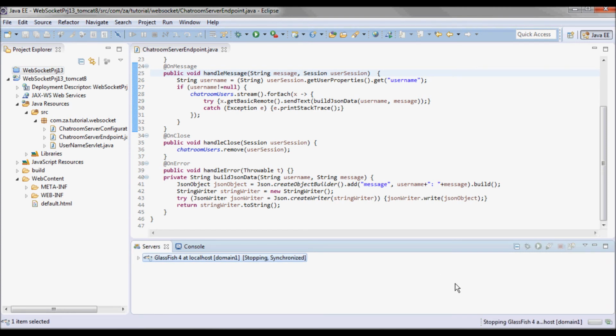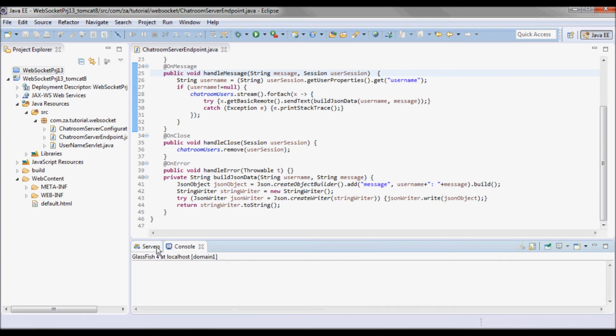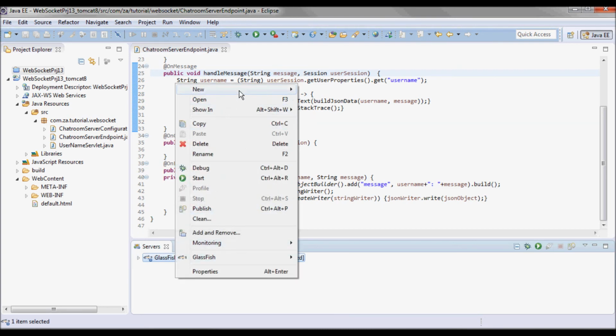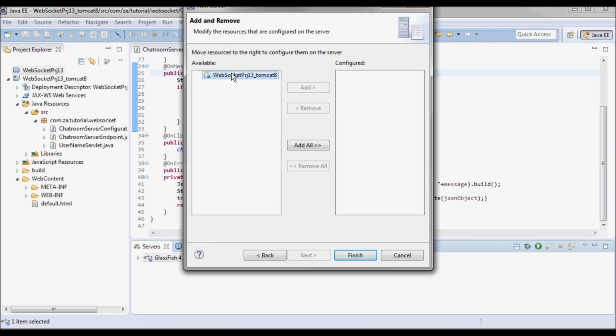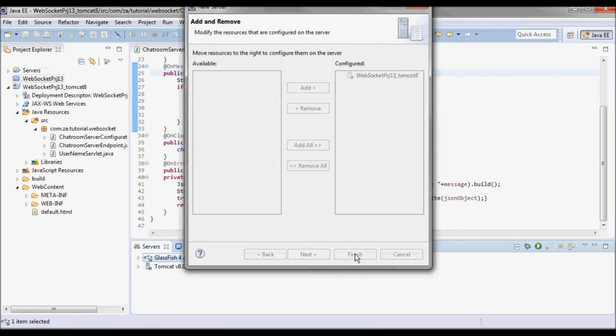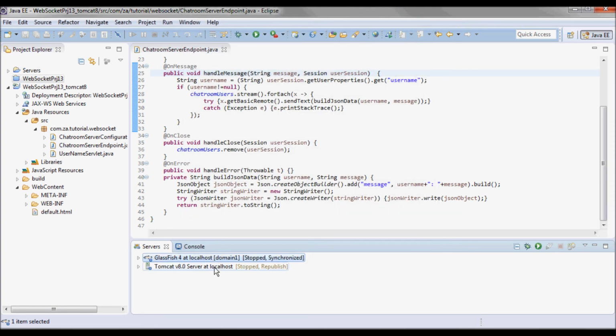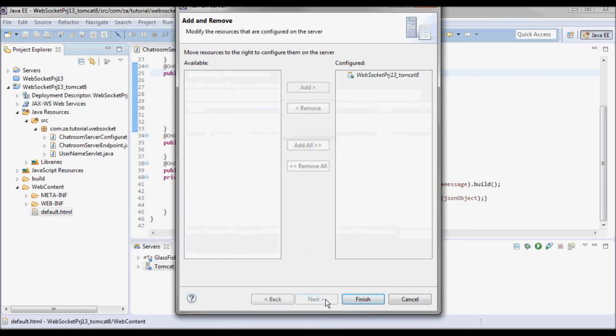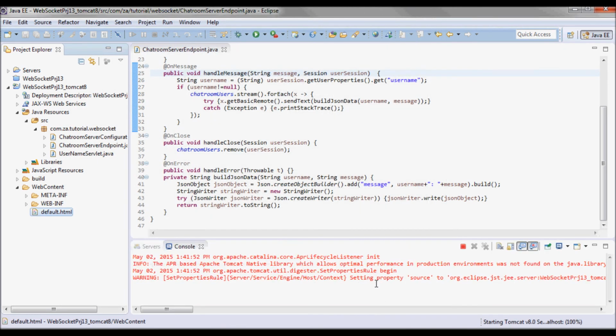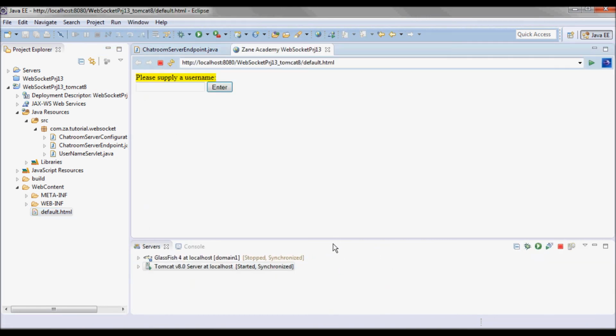Stop this one. And create a new server. Started. And we have to change the naming.